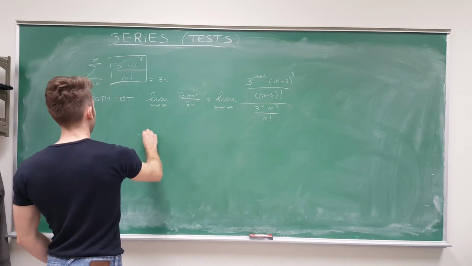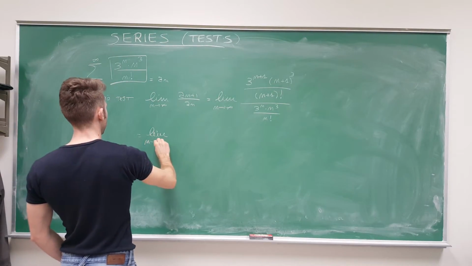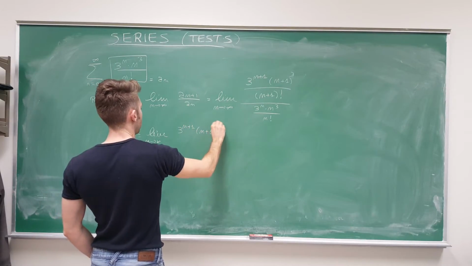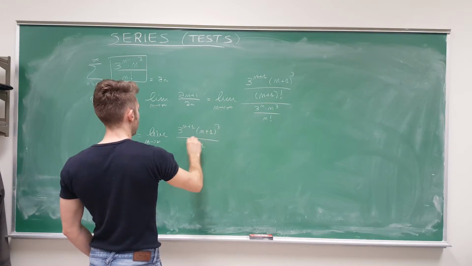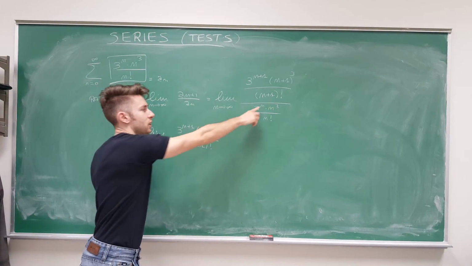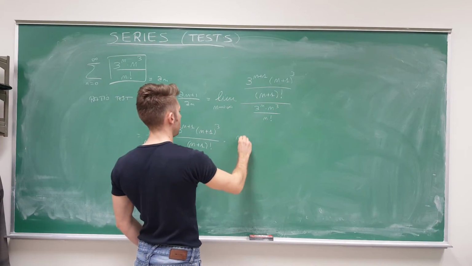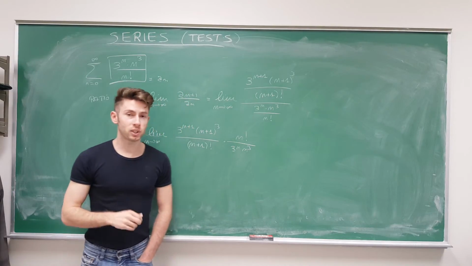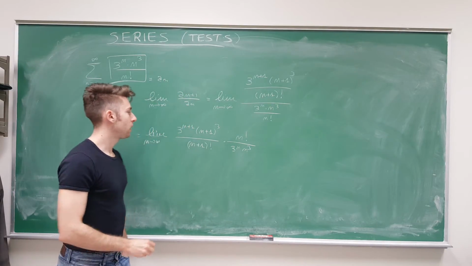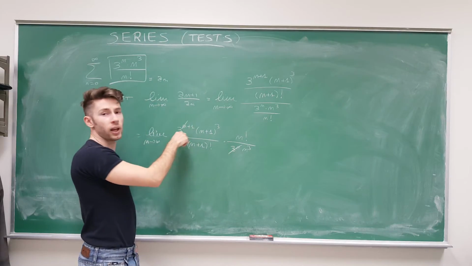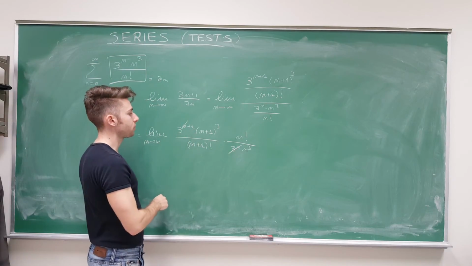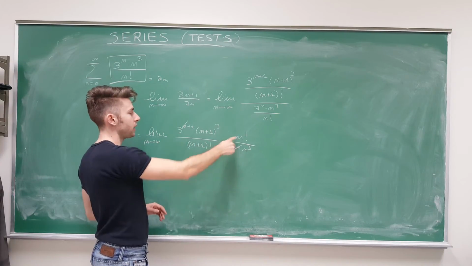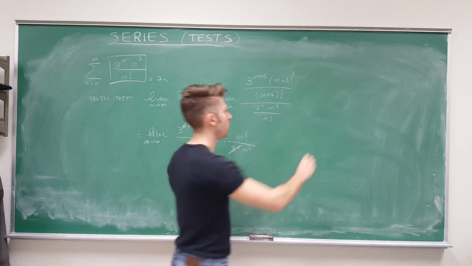Let's do it here. So this times the reciprocal of this. Okay, and now we're just going to simplify what we can. So 3 to the n and 3 to the n, I'm just left with a 3. Now this cubed and this cubed cannot be simplified, but we can put them together. And these two can be simplified if you remember that